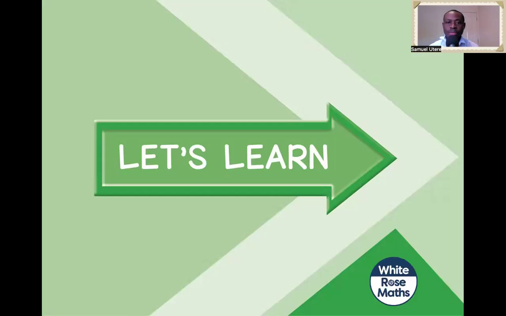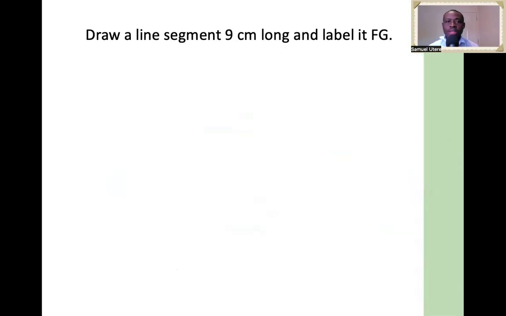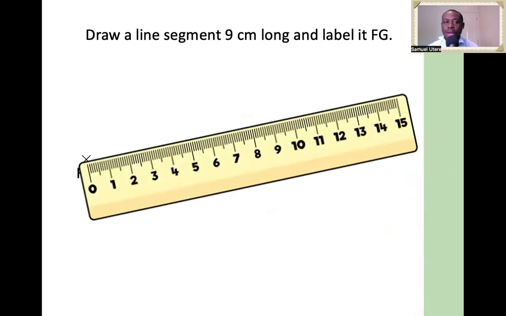Let's do our new learning for today. If I ask you to draw a line segment 9 centimeter long and label it FG, how do we do this? Step 1, you would label any point F on your paper. Step 2, you would take your ruler and position the ruler position 0 on the point that you've drawn. Next, you will draw 9 centimeter,